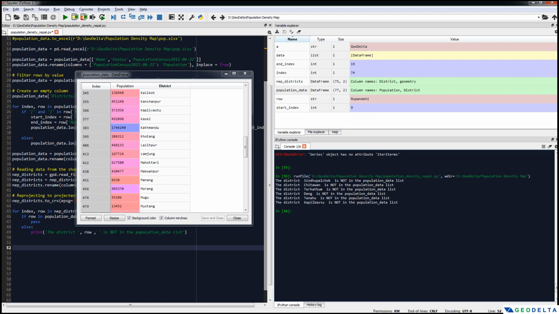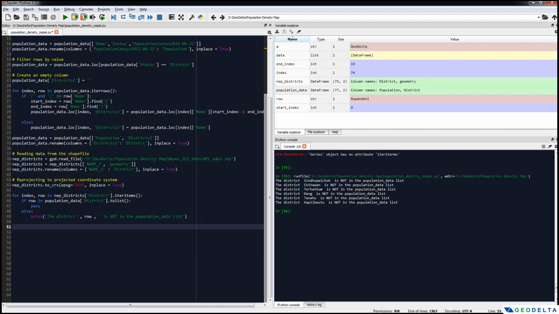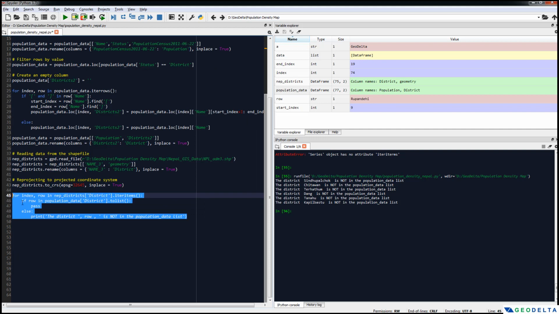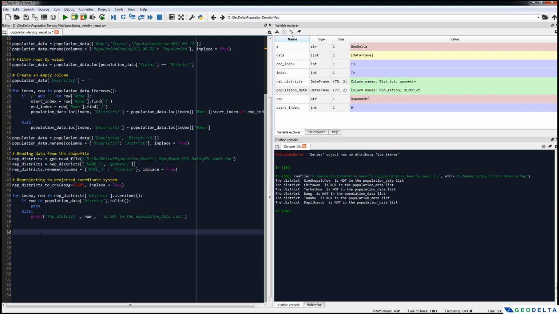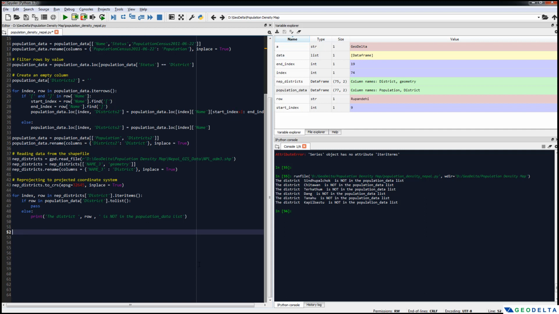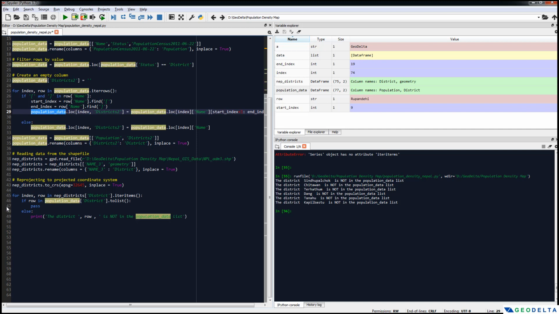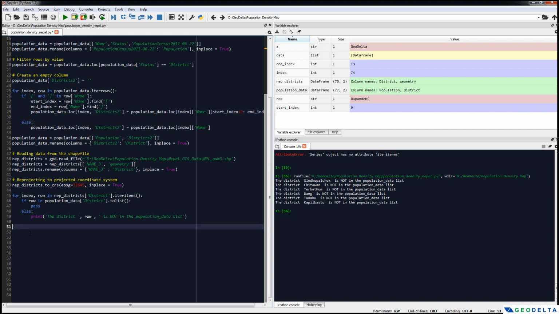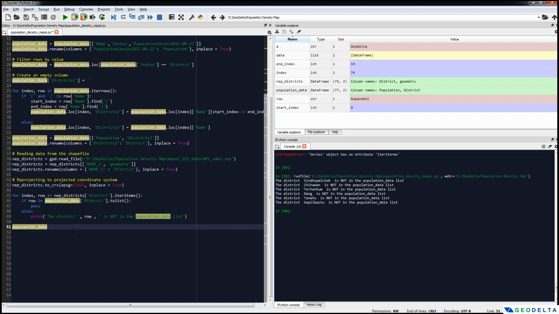Unfortunately, since this involves a correction of spellings, we might have to do this manually. So this script we just wrote was just to check whether it has something or not. So I'm just going to replace. What I'm going to do is take this population data which comes from the website,